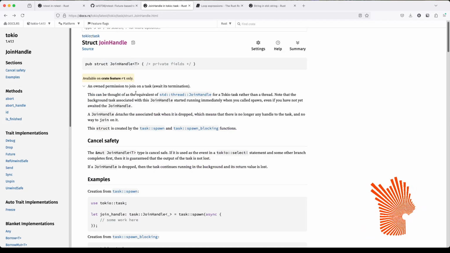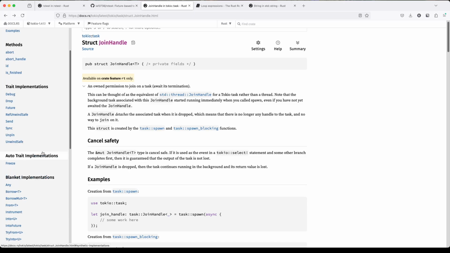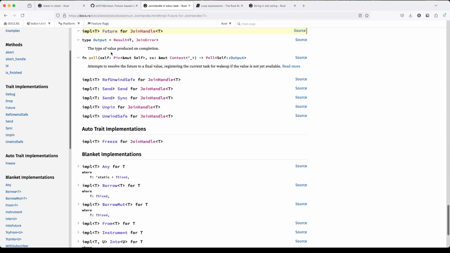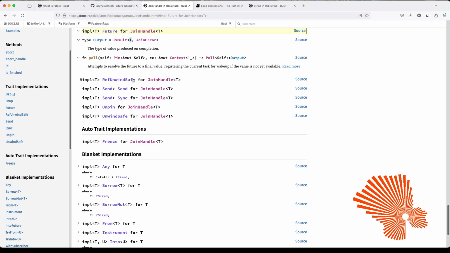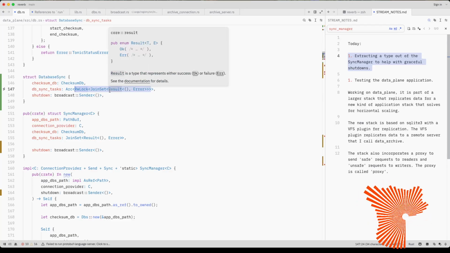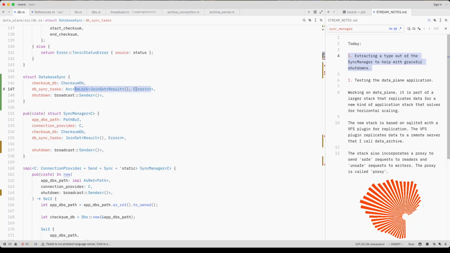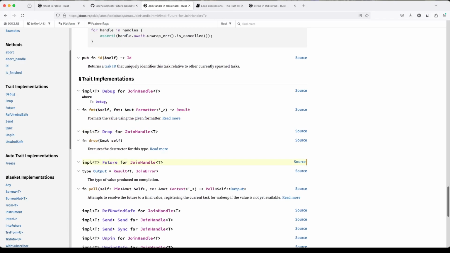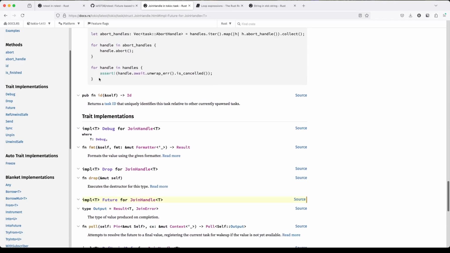No, we wouldn't call abort. We would simply say shut down. We have a signal that we can use for shutting down, and then we would just await everything. We would just await getting the results, which is type T there. Okay, I like that better. I do not like the idea of passing a task across threads to spawn in one place. It's possible, but